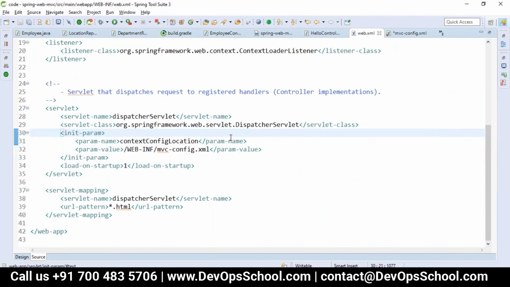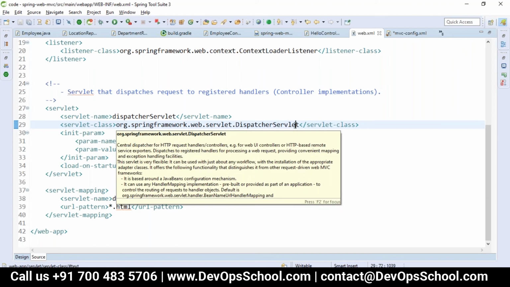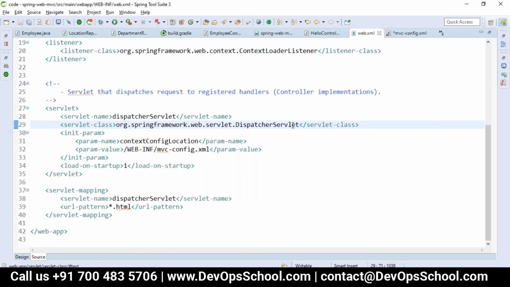So in the web.xml, we will configure the dispatcher servlet, if you go with the XML way of configuration. If you go with the Java-based way of configuration, then we have to create a class for this. Here we have a servlet, the dispatcher servlet, which should be configured. And our Spring container, which is our bean file, should be loaded.